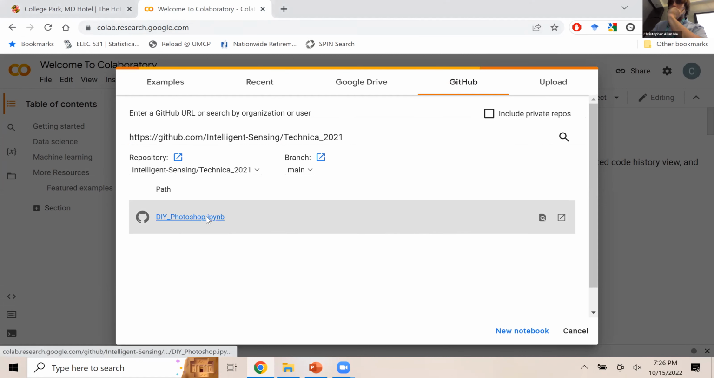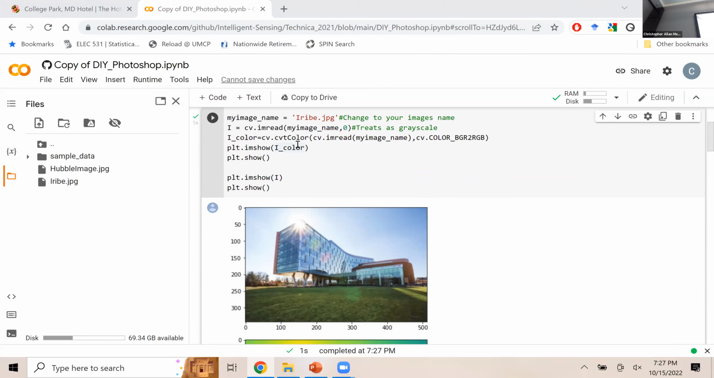So the first bit of code here is taking a file name and now we're going to read it in twice. We're going to either read it in once as a color image and once as a,